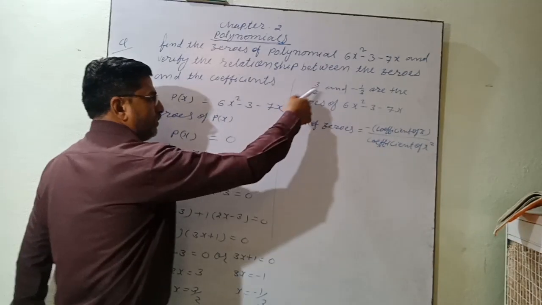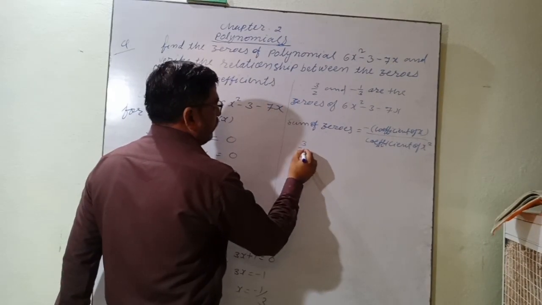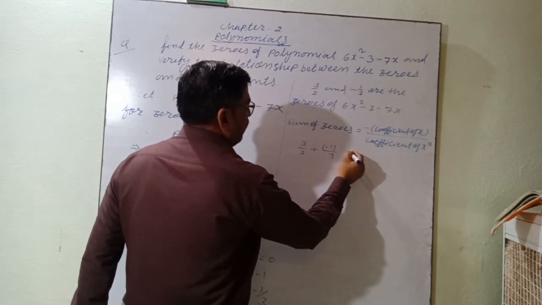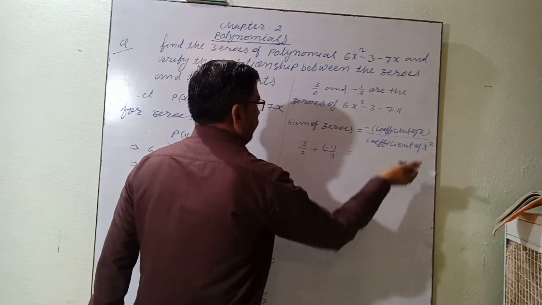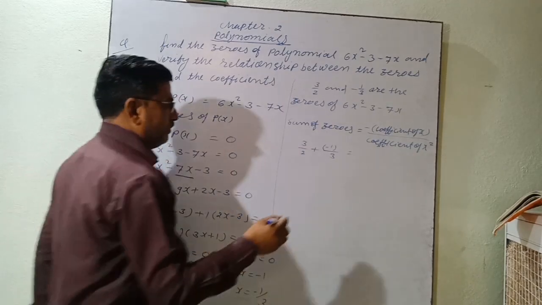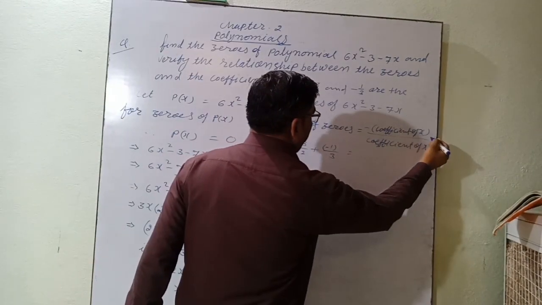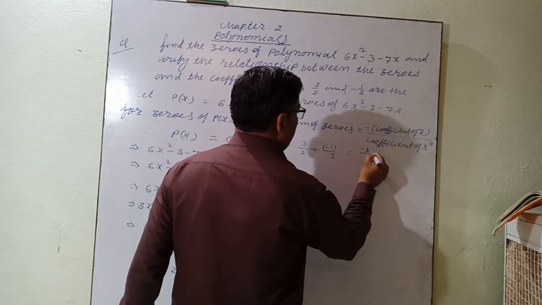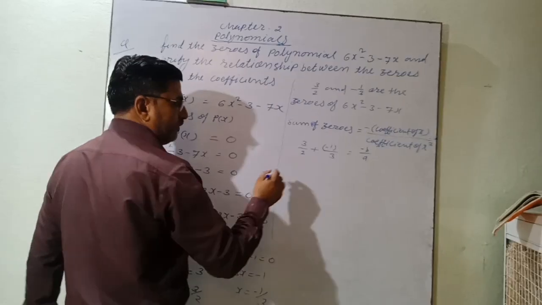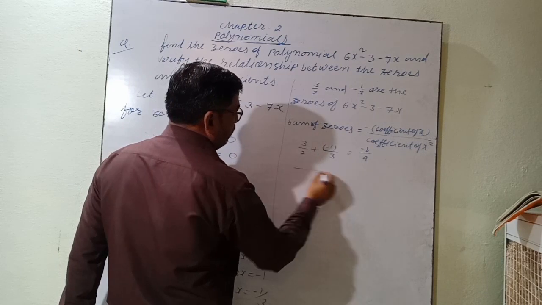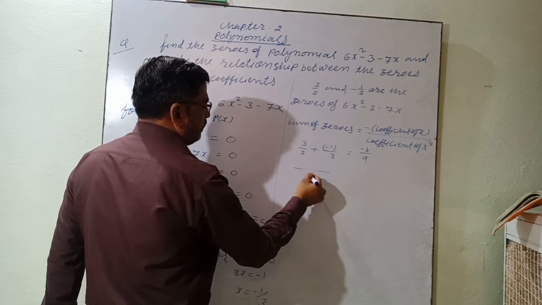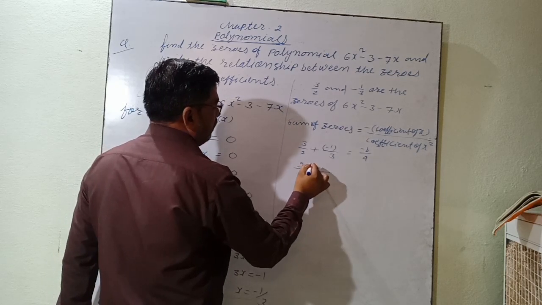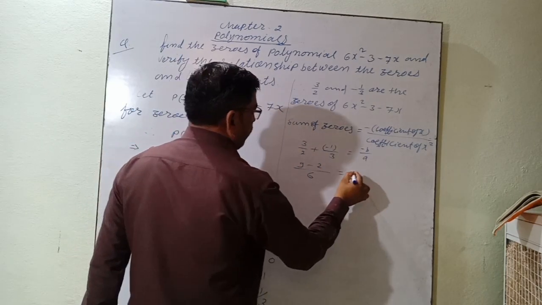So sum of zeros, first zero 3 by 2 plus minus 1 upon 3, is equal to minus the coefficient of the x term, that means we can write also minus b upon a. Okay, so taking the LCM, 3 into 3 is 9 minus 2 over 6